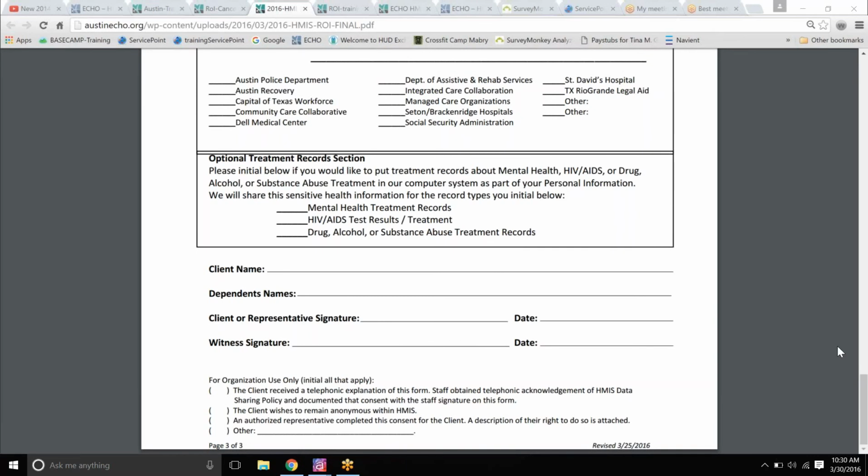How does community care collaborative differ from community care under HMIS agencies? The community care collaborative is a collaborative of work. We need to confirm this, but it's different medical agencies that are working together to potentially provide services, and then community care is an actual medical provider.